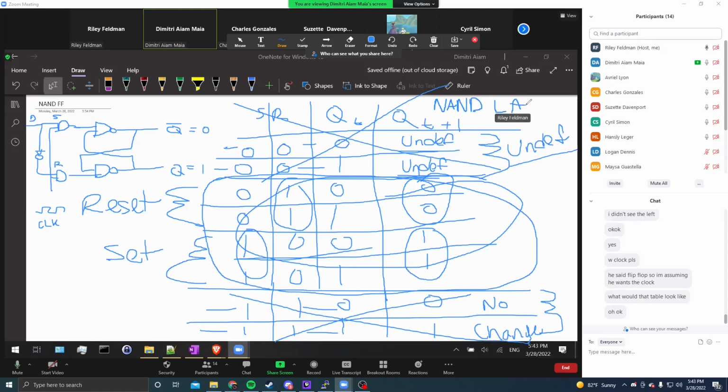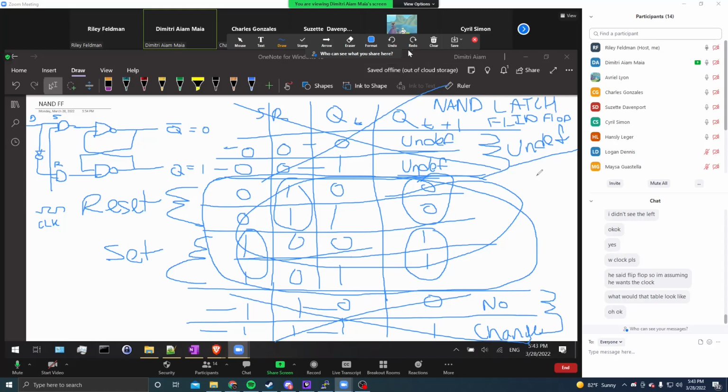Technically a latch, but in the case of the class, it was a flip-flop. I don't know why I would add an R to that. Flip-flop. Yeah, and then the NOR is just, I think it's just flipped. Yeah, it's literally just flipped. So I think it's no change,